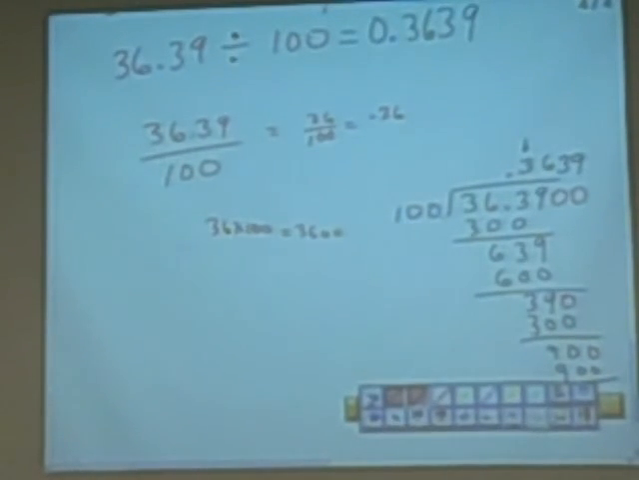So when you're dividing by multiples of 10, you move that decimal point to the left. When you're multiplying,